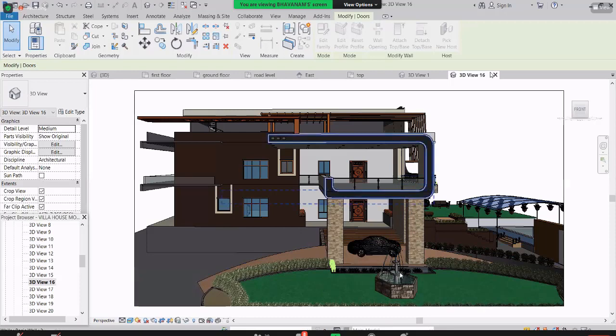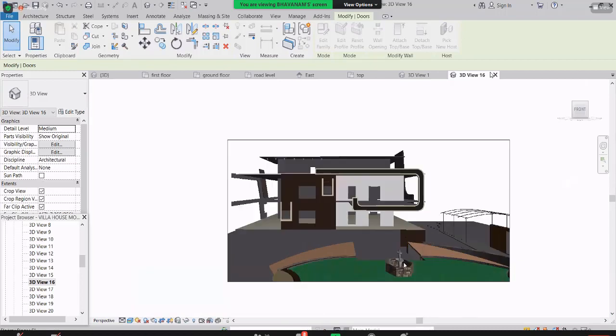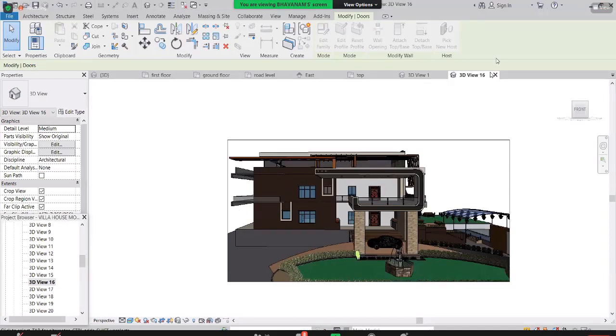So see guys, here is a small arrangement for a fountain. Okay, fountain arrangement here. And just let me show you another view. Let me delete this view before that.